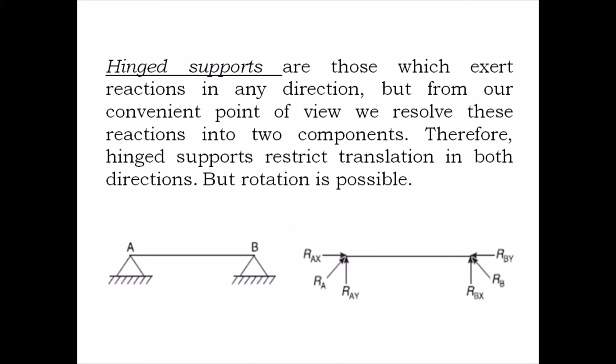It restricts the translation along both the directions, that is x as well as y, and that is why we have the reaction in vertical direction as well as in horizontal direction. And one needs to note that in both these types of supports, we are not going to restrict the rotation,